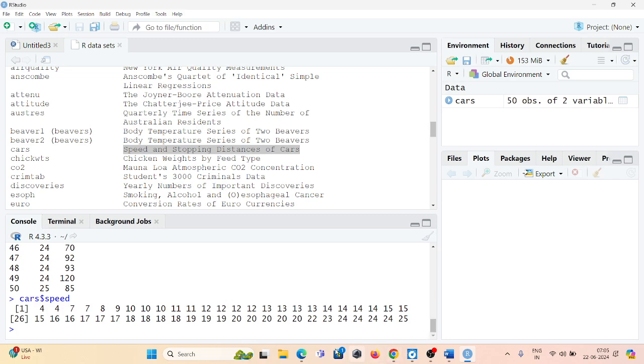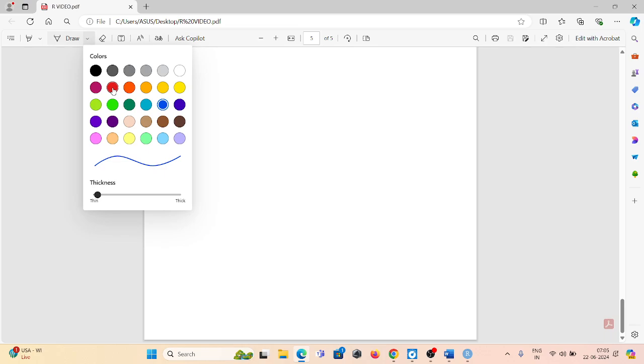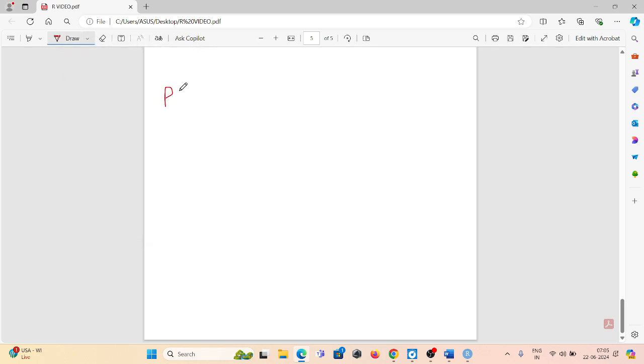I can show you, suppose I want to plot. I am writing here plot(x, y). If I write the plot function, that means I want to plot a scatter plot with these two variables, one is x, another is y. Whenever we need to plot a graph or chart, we always need two variables.